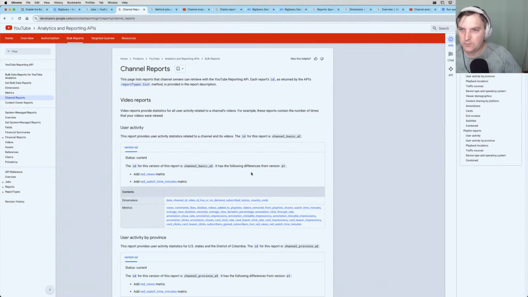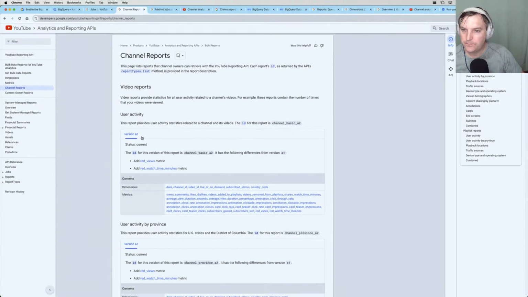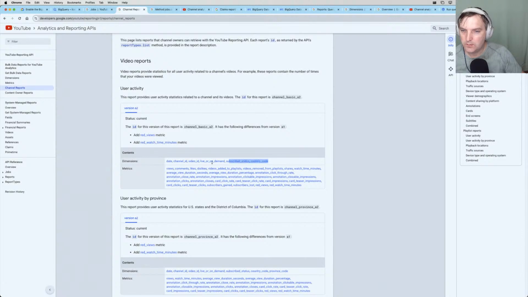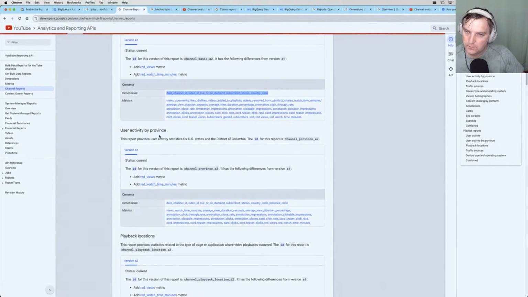Channel reports, the report type list. These are reports that channel owners can retrieve with the YouTube Reporting API. Each ID is returned as the API report type list. So video user activity. And these are the dimensions. Oh, so I can add red view metrics. User activity by... okay, so again, let's